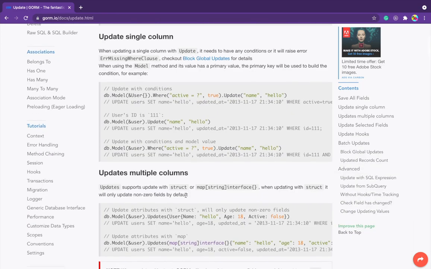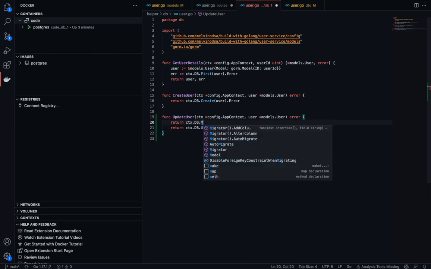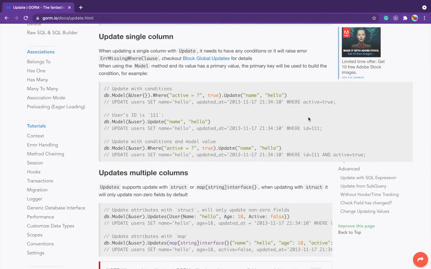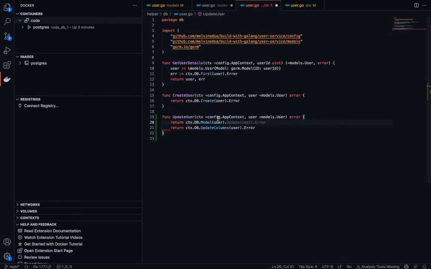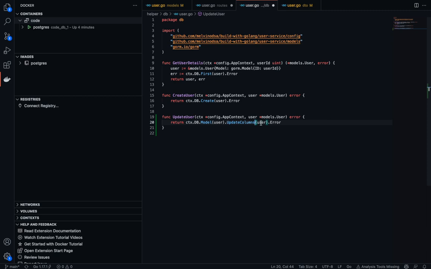Okay, so I'll do return ctx.db.model.user.model.updates, db.model update columns. Here I will put a map